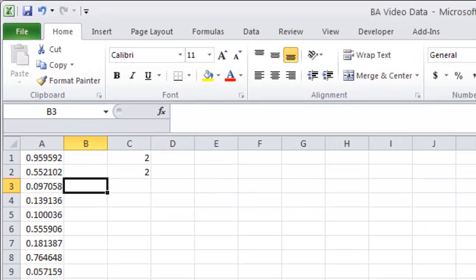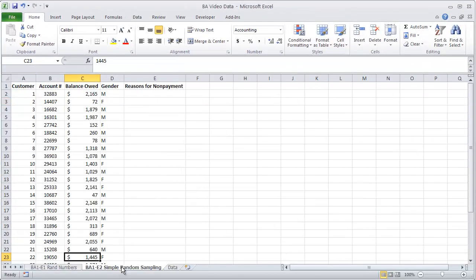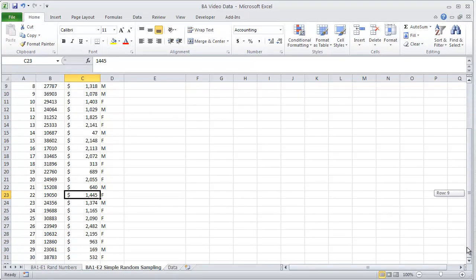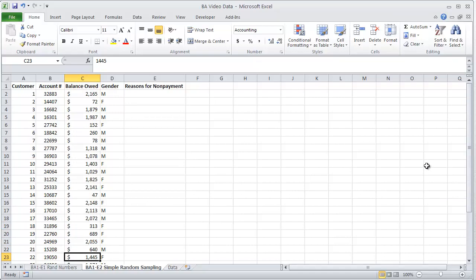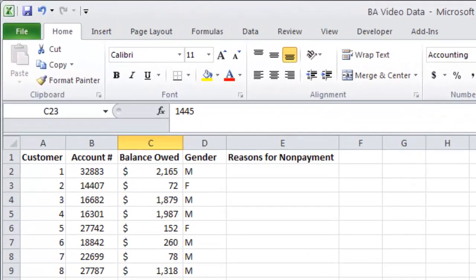So how do we use these on simple random samples? Let's say I have 30 people in this list. I'm the account manager for these 30 people. They owe money to me right now, and I need to find out their reasons for non-payment. I don't have time to call all 30, so instead I want to do a simple